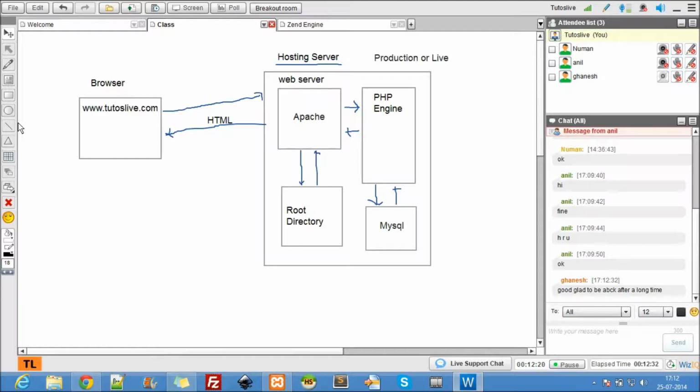So for that sole purpose, these open source softwares like Apache, PHP, and MySQL can be installed in your system too.